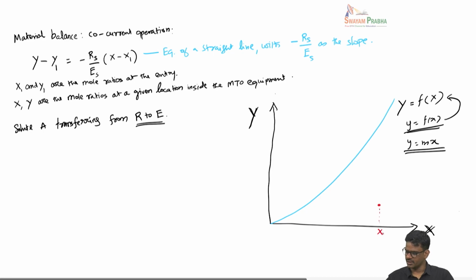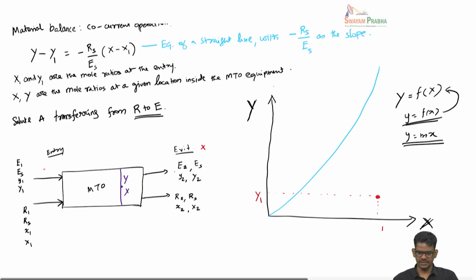This would be x1 and this would be y1. This is the inlet point in the mass transfer equipment. So the inlet composition is given by this x1 and y1, and that point can be denoted here as a starting point,